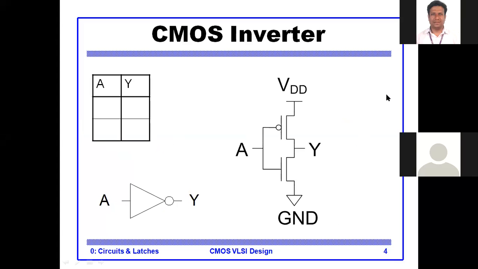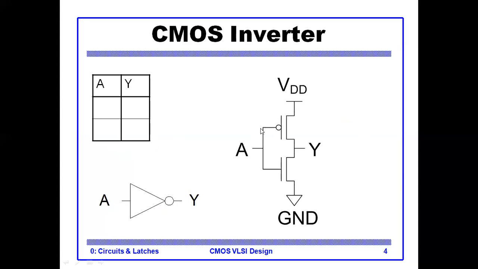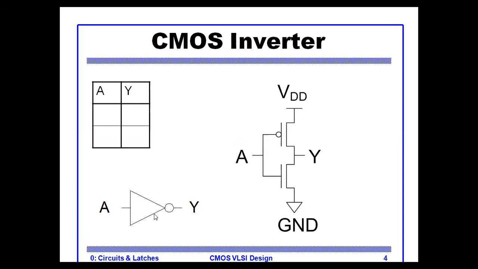Okay, now next is the CMOS inverter. So here we'll understand the CMOS inverter, the circuit diagram for the CMOS inverter. First, the full form of CMOS is complementary metal oxide semiconductor, and the other term is the inverter. Here I have shown the symbol for the inverter. The inverter performs the inverting operation: when we apply zero as the input, it will give the output as 1, and when we apply 1, the output will be 0. So this is the symbol of the NOT gate, which performs the inverting operation.